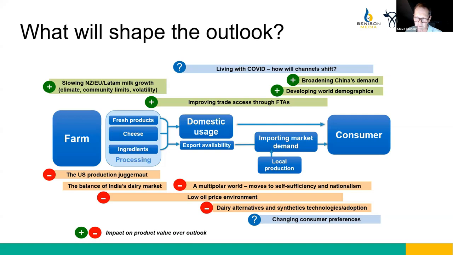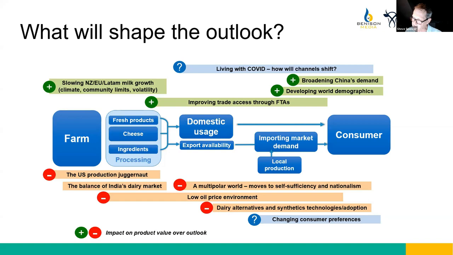We think the US is probably the largest potential growth engine in dairy markets. So the growth rate of the US, and obviously as that growth continues, more milk coming onto the market will threaten product values, threaten the oversupply of product values. The balance of India's dairy market, a great mystery to us all outside of India. Just what will be over time the growth of India, the growth of domestic market, and the role that exports might play or imports might play, and how that spills onto the world market.